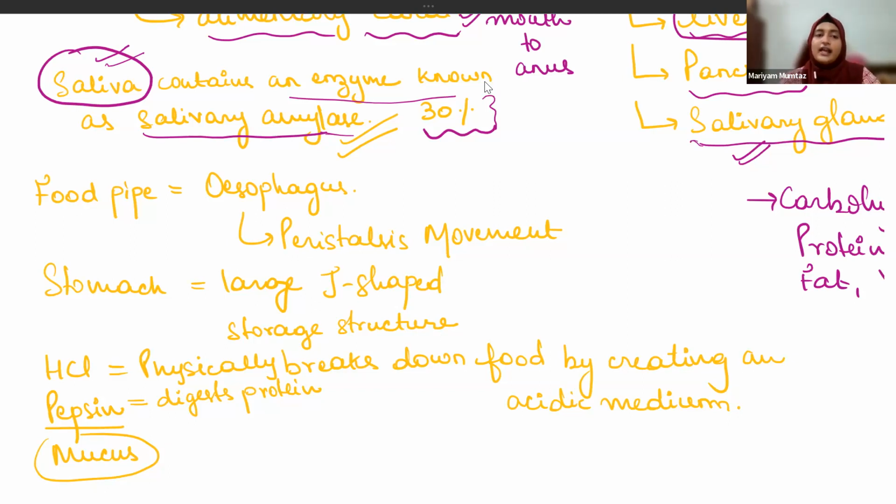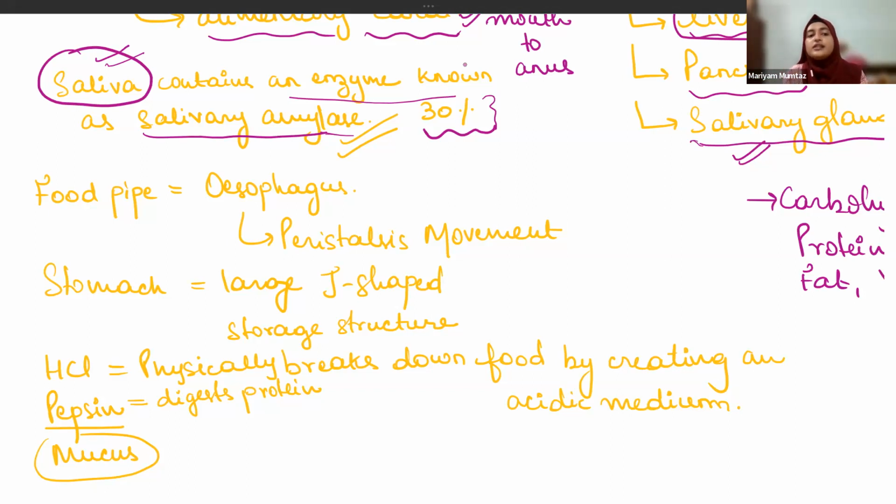And this saliva also binds the food all together so that we can swallow it. Apart from making it smaller, the saliva wets the food so that we can swallow it easily. Now, after that, what happens is that the food that we eat, we swallow it, and as soon as we